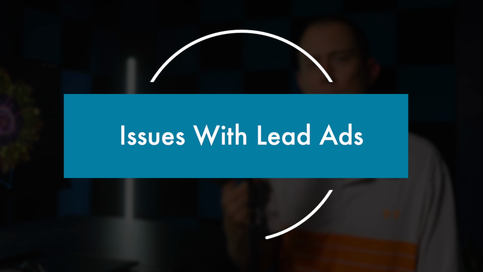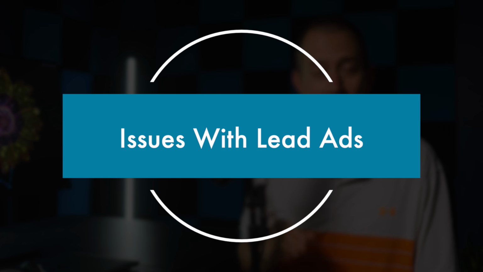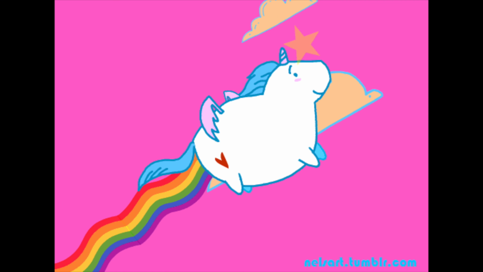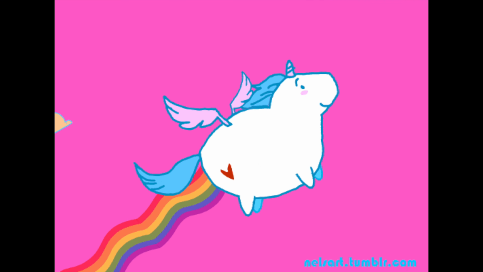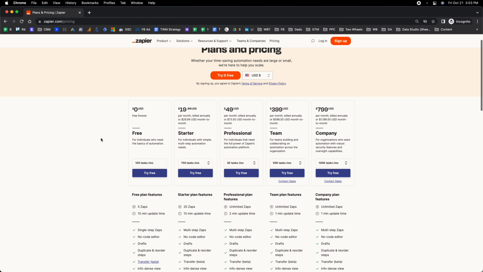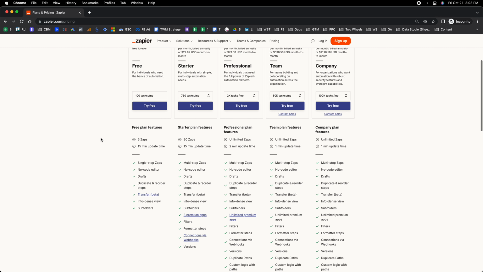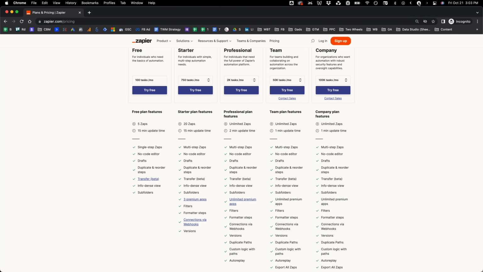So what issues have we found running lead ads? It's not all rainbows and sunshine with lead ads. There's a reason why we often use a combination of lead ads and sending people to the site with our campaigns. For starters, the third-party tool Zapier contributes to some additional ad costs, but besides that, generally we found leads